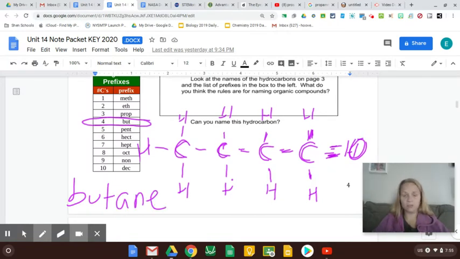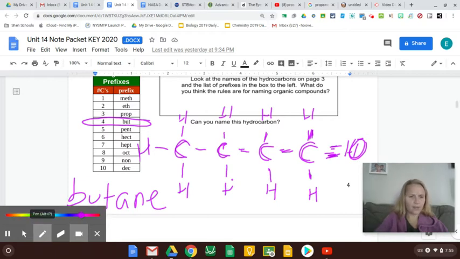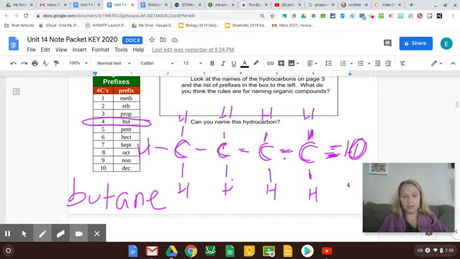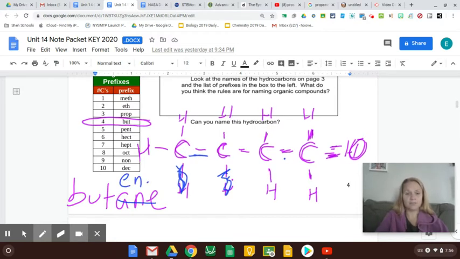So this is butane, which is what is in a handheld lighter. If I were to put a double bond in here somewhere, I'd have to change the H's because that changes how many bonds the C has. It can't have more than 4. Now I have a double bond in there. What would I change this ending to? Now this isn't butane, it's butene.